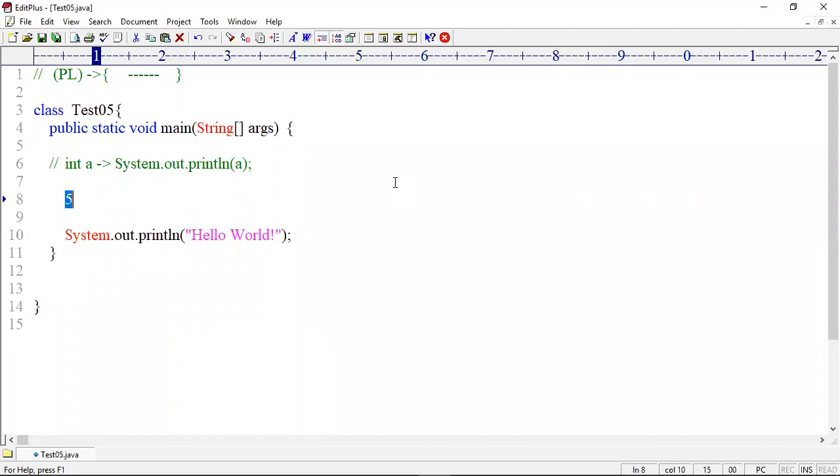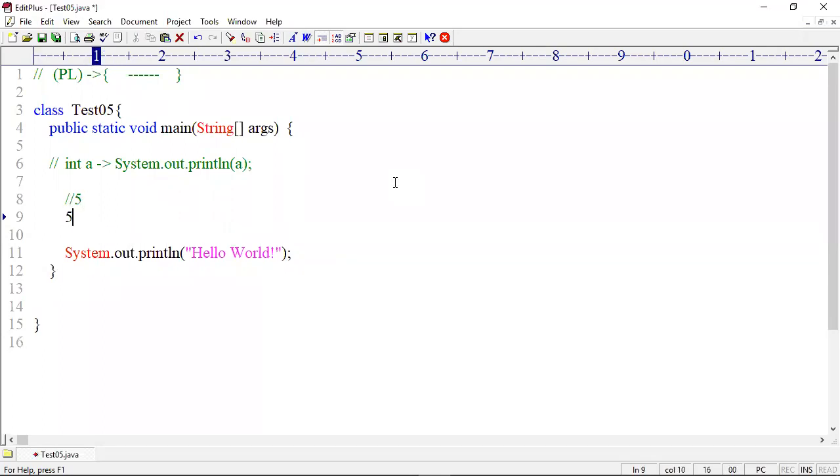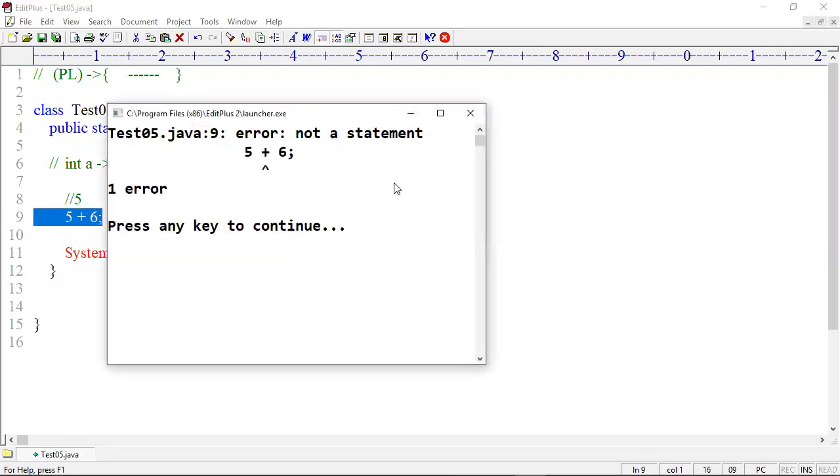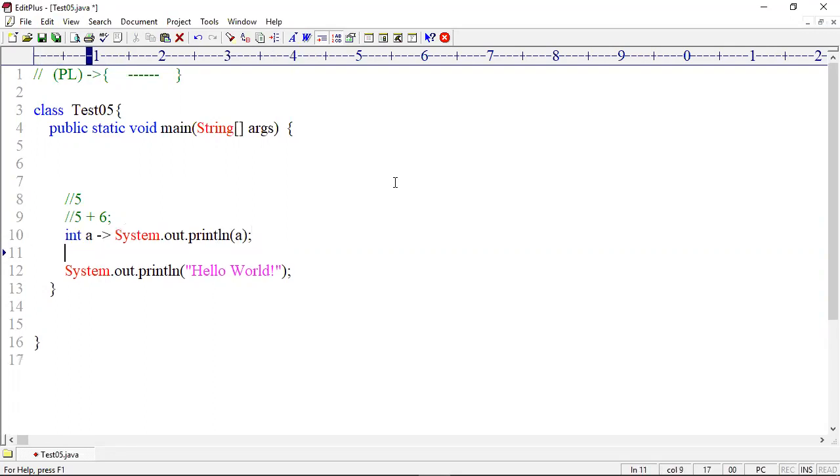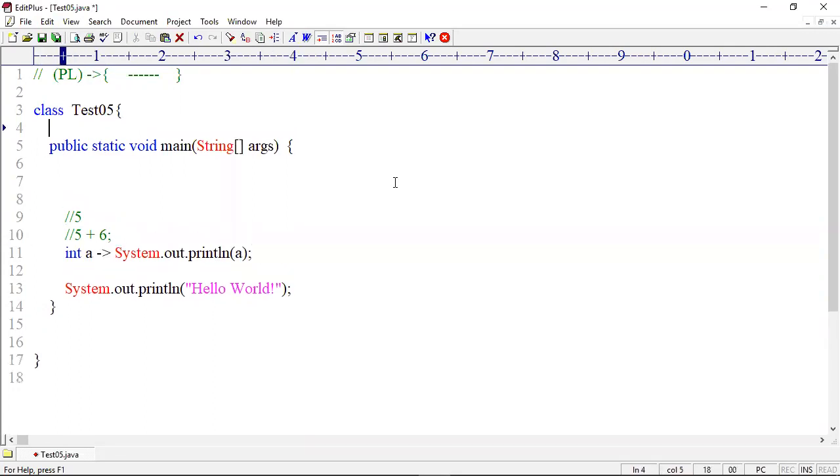You cannot directly use it. Now tell me, can I use an expression directly like this? 5 plus 6? No. What is the use of 5 plus 6? Compiler throws an error, not a statement. Similarly, can I use a lambda expression directly? Lambda expression is an anonymous function, it is an expression.